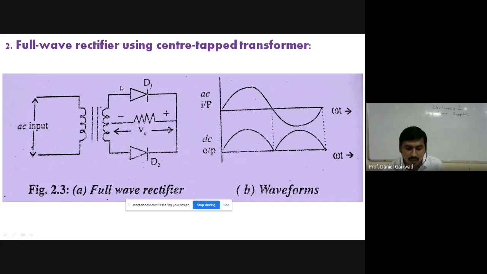And when here we have the positive half cycle, exactly opposite at the other terminal there is a negative half cycle. So when the positive half cycle appears across D1, there is a negative half cycle across D2. So diode D1 is in forward bias, D2 in reverse bias. In that case, diode D1 conducts and transfers the positive half cycle to this particular point, and this will flow through the load resistance, or voltage will appear across the load resistance here. So that is given in the first point.